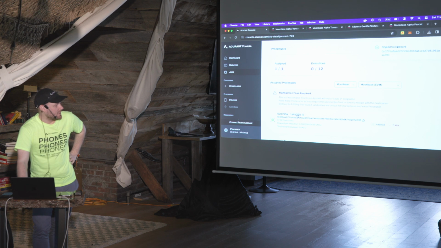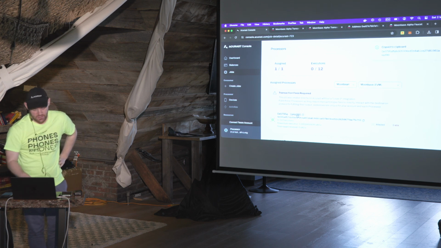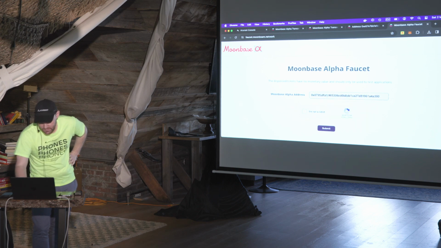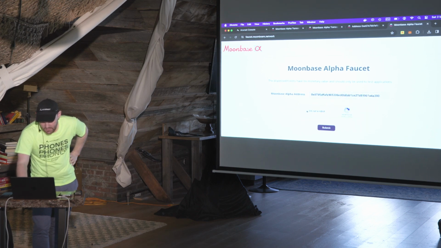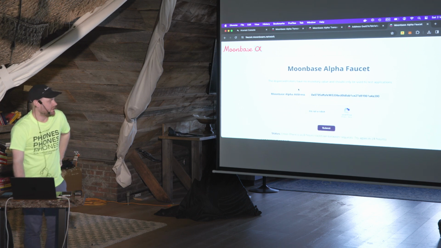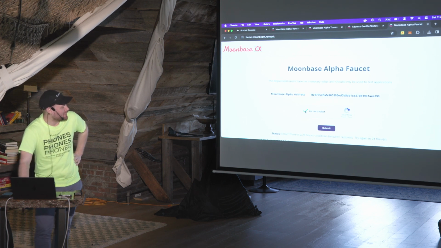So what we have to do is take the address of this processor and give it some funds. So I will use the faucet here and make sure that this processor has funds. Oh, okay. I just tried it before, so that's why it looks like I'm blocked.